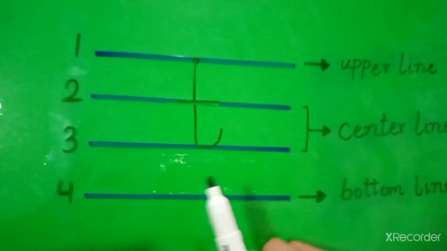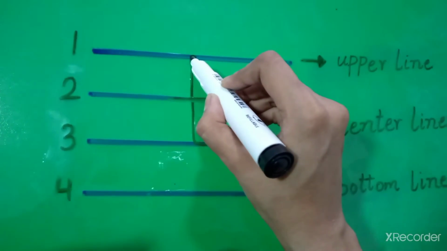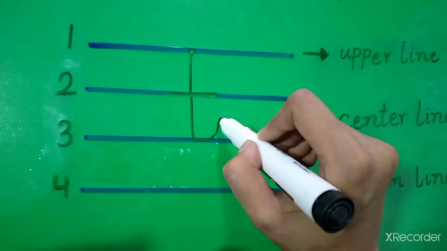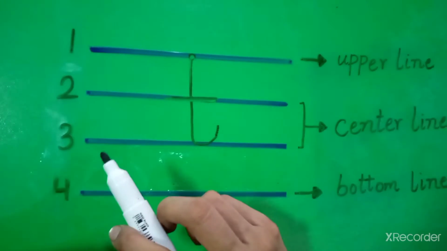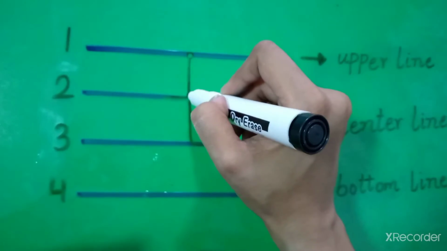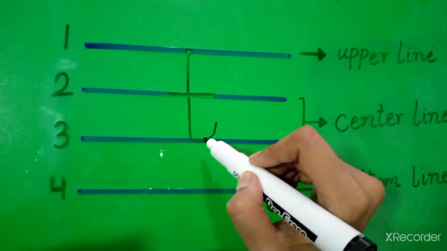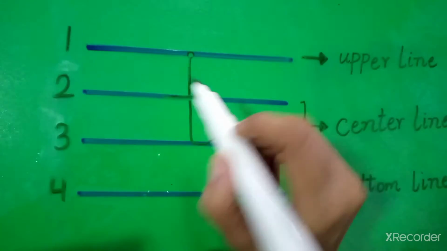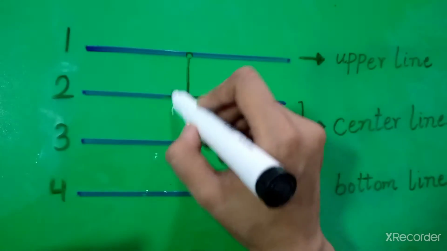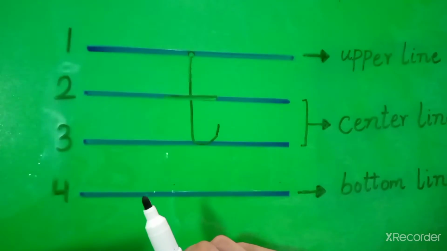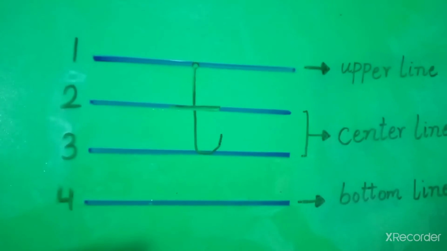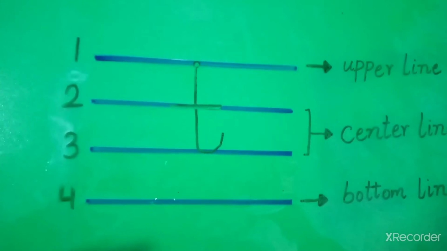3 lines. You will start from here. You will go down, turn a little and put a dash. Repeat with me. Go down, turn a little and put a dash. And you have to put the dash on the center of this line. So what does it become? T. Okay now students, take out your workbooks.